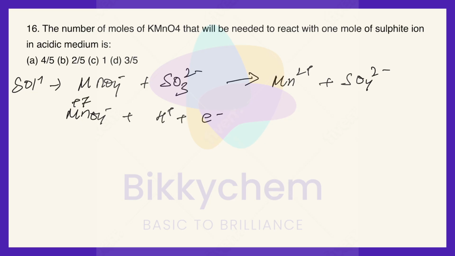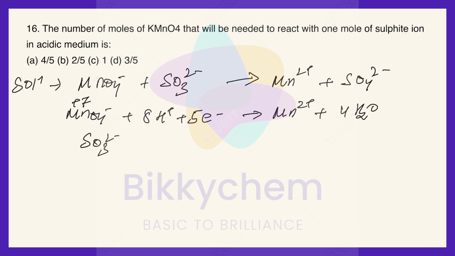Plus 7 oxidation state is there, which goes to Mn2 plus. So 7 minus 2 will be a 5 electron difference. To balance this oxygen, we'll add water here. So 4 molecules of water are there, and hydrogen is 8. Now after that,